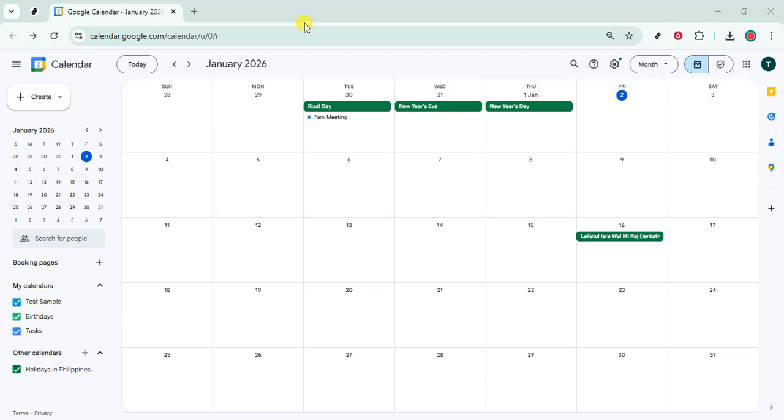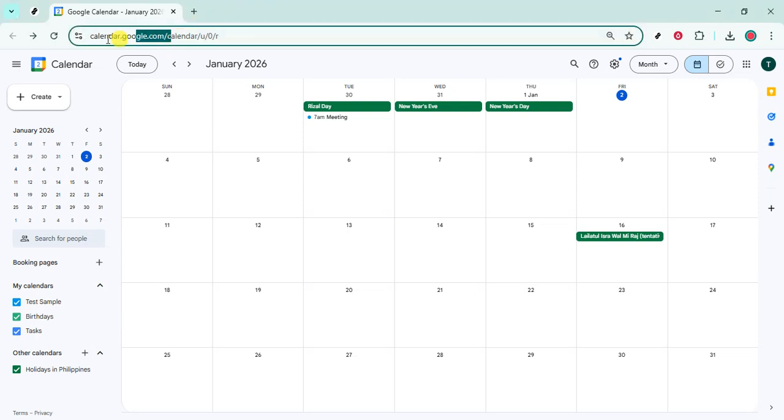Start by opening your web browser and going to calendar.google.com. If you're prompted to sign in, use the Google account that owns the calendar you want to share. Give the page a second to load and make sure you're looking at the correct account if you manage more